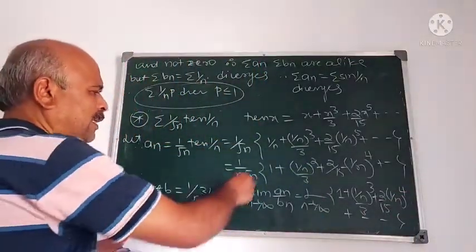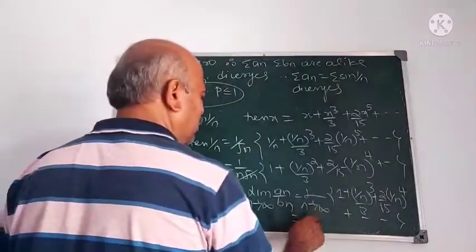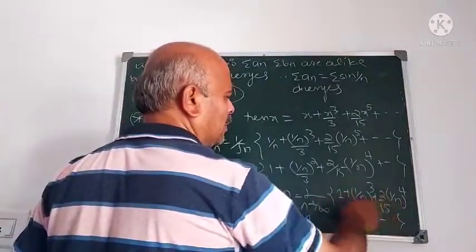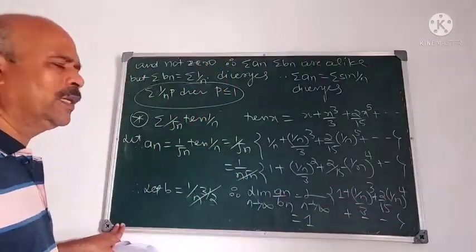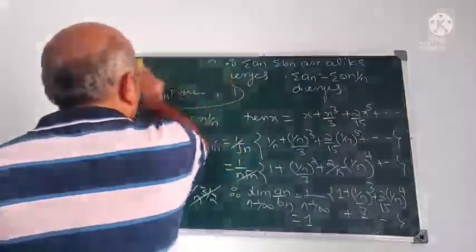Limit of an by bn, I think you followed, because this cancels an upon bn. What is the limit of this? 1. Because 1 upon n tends to 0 as n tends to infinity. Now see,